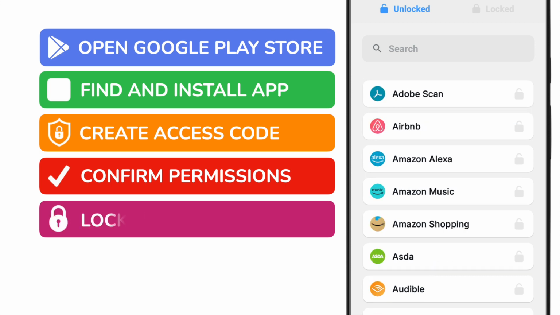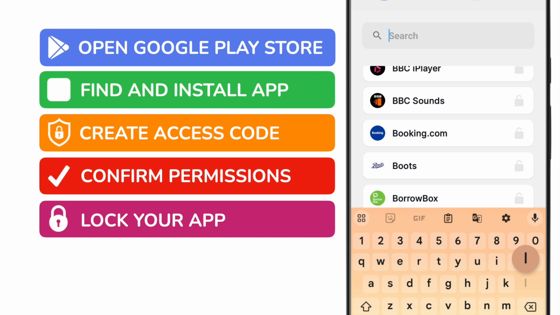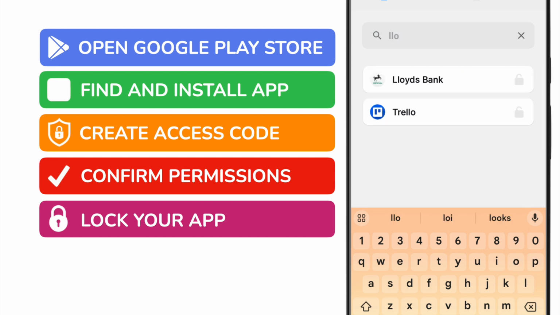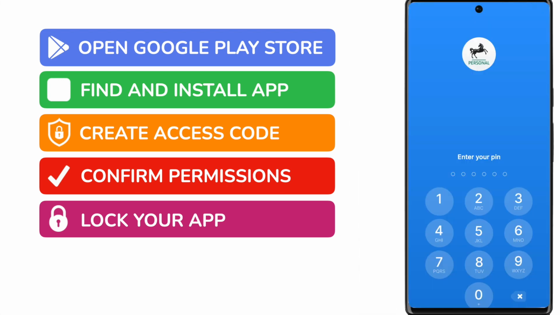So let's look at how to lock an app. This is quick to do. I'll search for an app just by typing its name in the top search bar. If I search for a bank app, I can lock it just by tapping the small grey lock to the right of it. If I return to my home screen and then tap that app to open it, you'll see